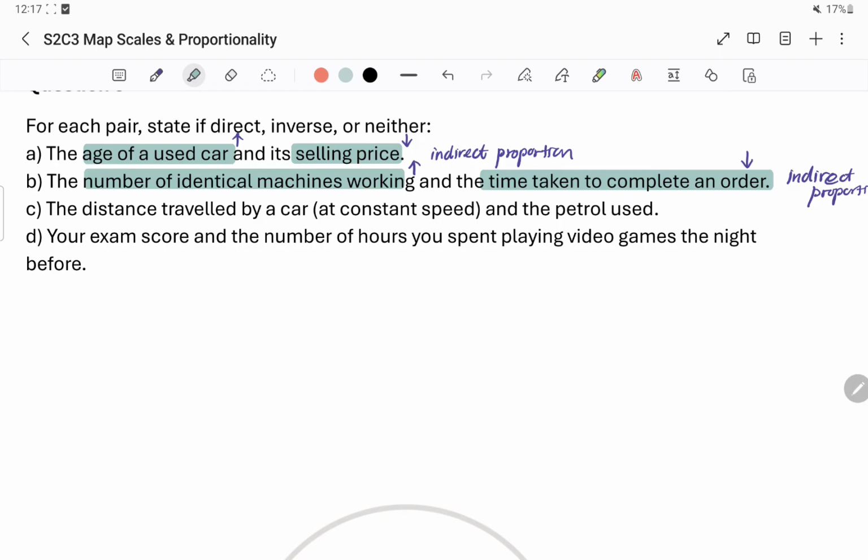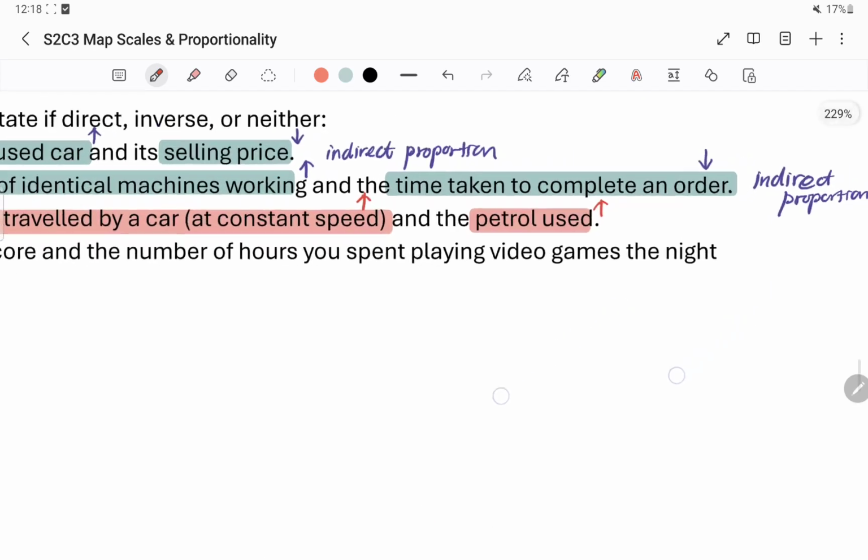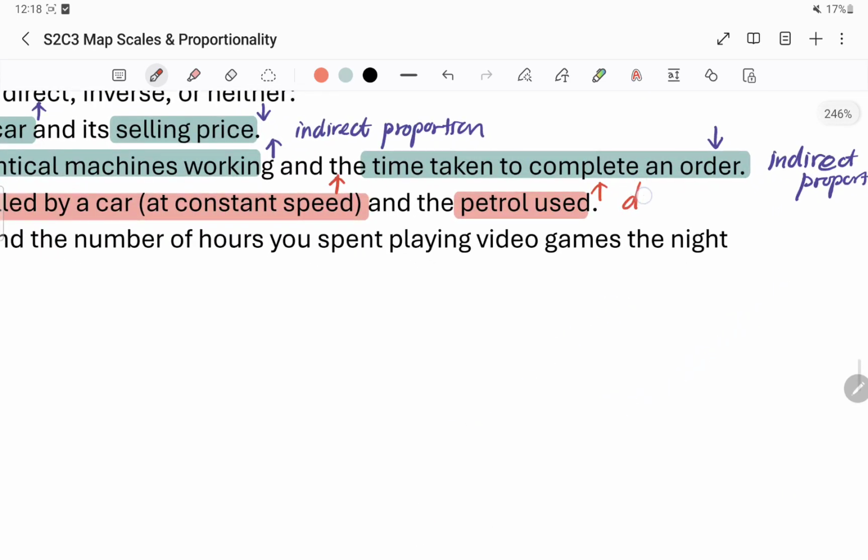Okay, next, the distance traveled by a car. So the distance traveled by a car at a constant speed means that you are traveling a very long distance, right? Let's say you are traveling a very long distance, and then you are looking at how much petrol you use. Of course, if you drive far, you will use more petrol, correct or not? And moreover you are driving at a constant speed. So in this case, this one is quite straightforward. It's a direct proportion, because the further you drive, the further you travel,